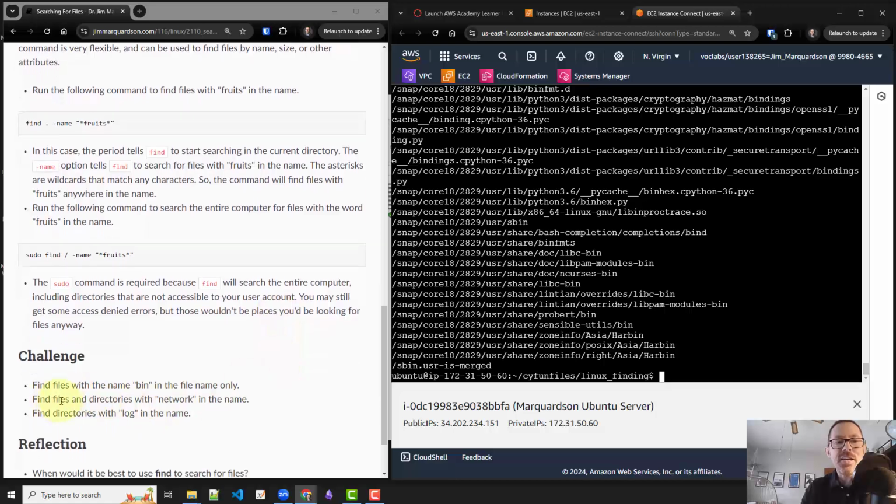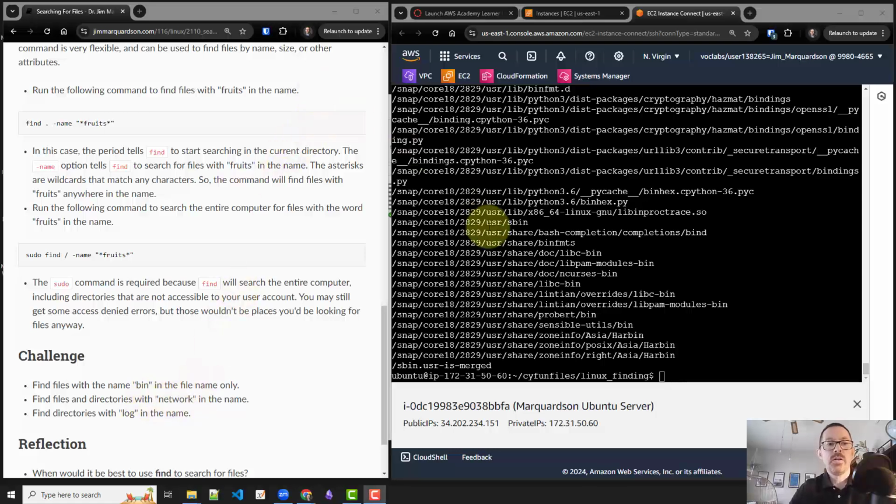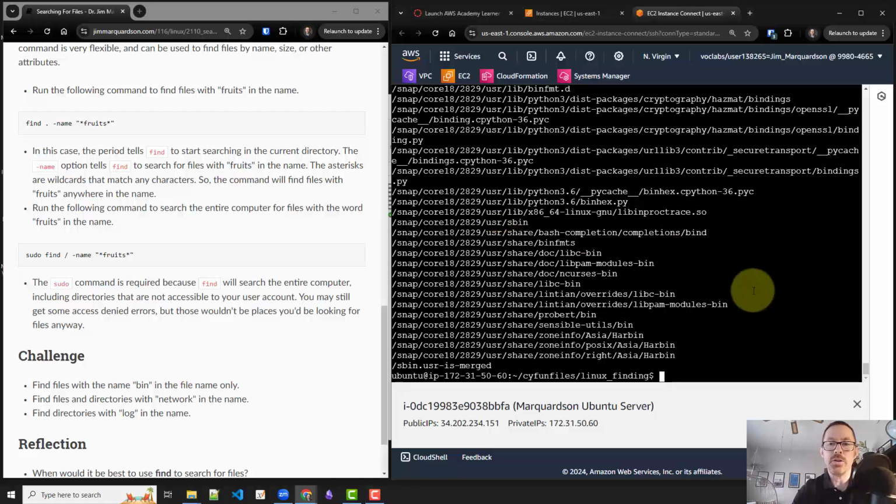How do you find files and directories with network in the name? So we can search for files or directories. Specifically, maybe I want just to know directories. So how do I find directories with log in the name on my whole computer? So I could find, where am I going to look? I'm going to look in the root. So it's going to search the whole computer, which reminds me I should run sudo find